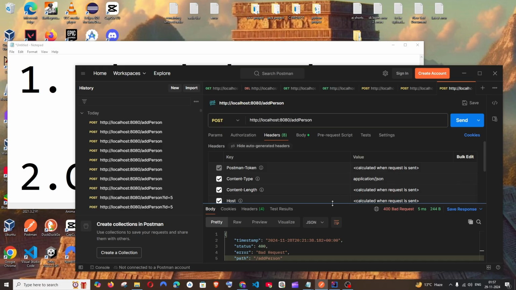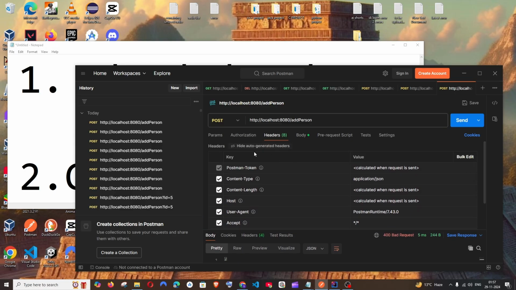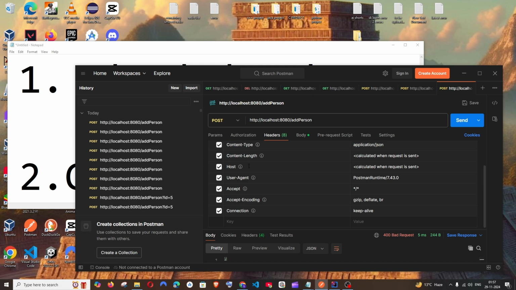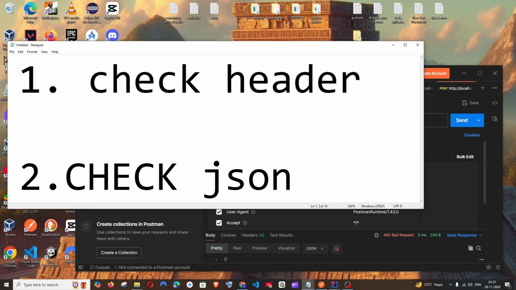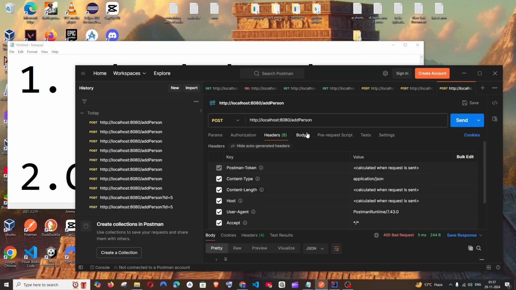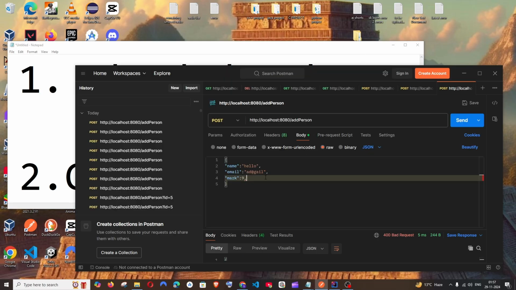This is the important thing because we are sending it as a JSON. Okay, so make sure that you're also having that in your Postman request. And another important thing is you need to check the JSON that you are sending. So go here, go to your body, or in case you're having front-end code or any other thing